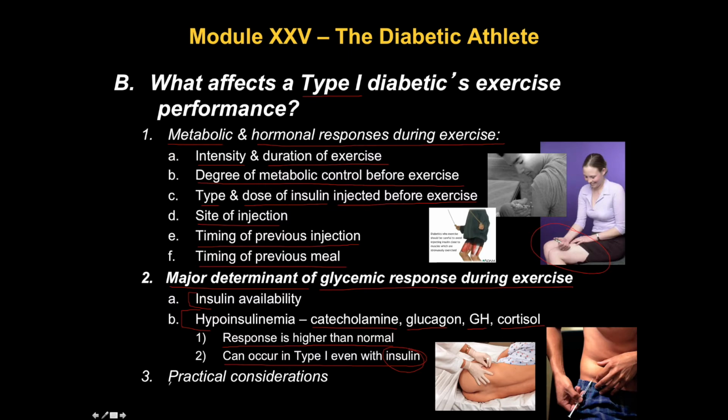So this is something that we want to watch out for. And of course, any practical considerations are of utmost importance as well. As you can see, I've got pictures here of people injecting themselves with insulin, but there are also insulin pumps. And the insulin pumps now are fairly small, so they're easy to transport and attach to a person's body, even with sport. However, is that pump going to interfere with the person's ability to perform well? These are the types of practical considerations that we want to take into consideration.